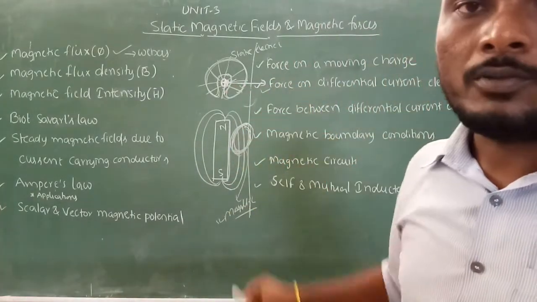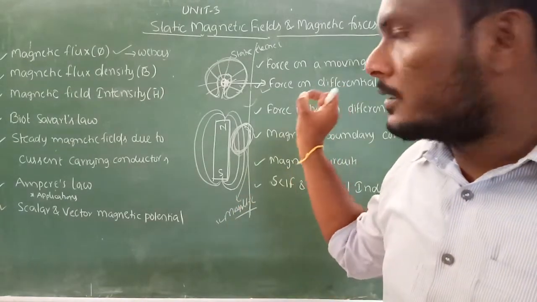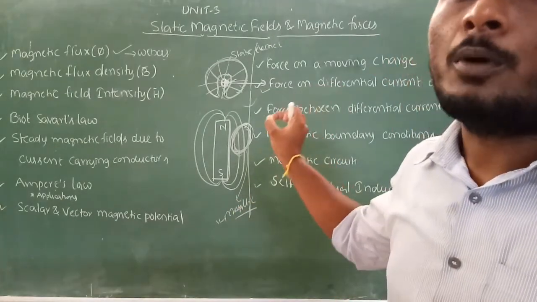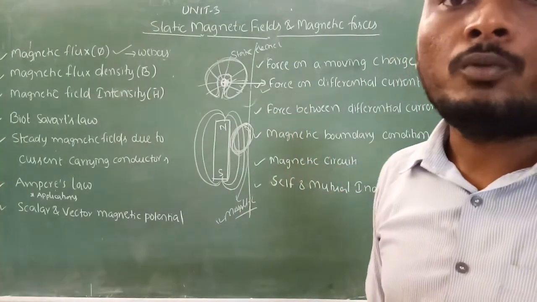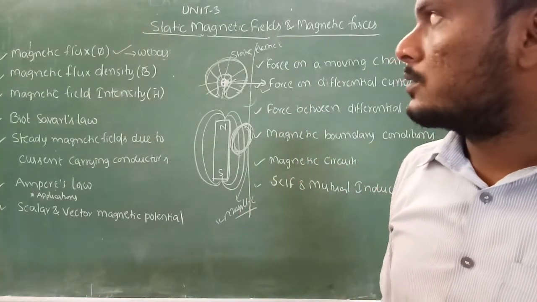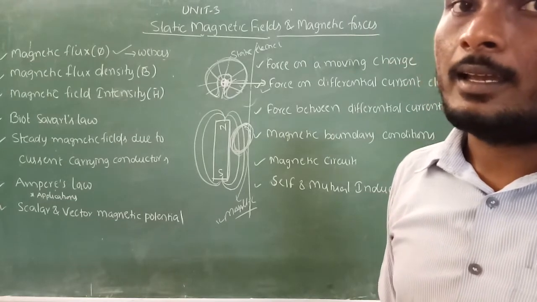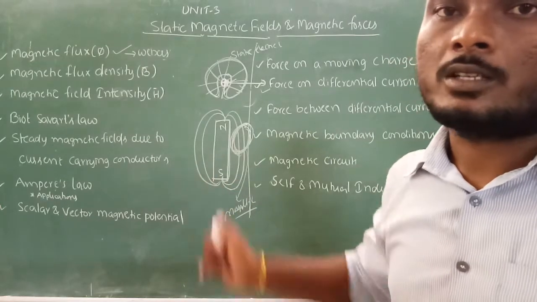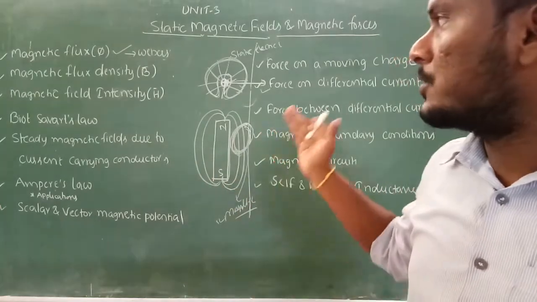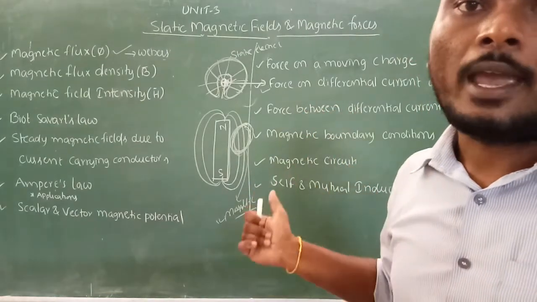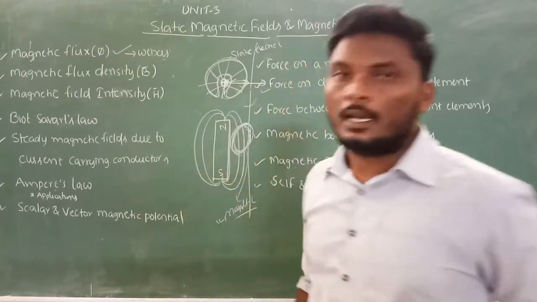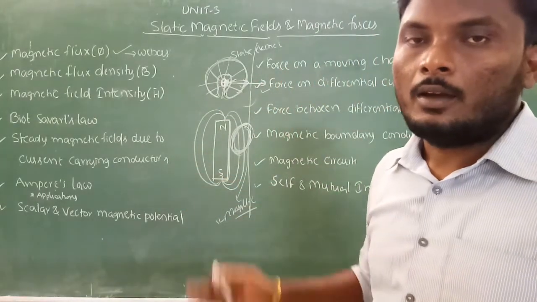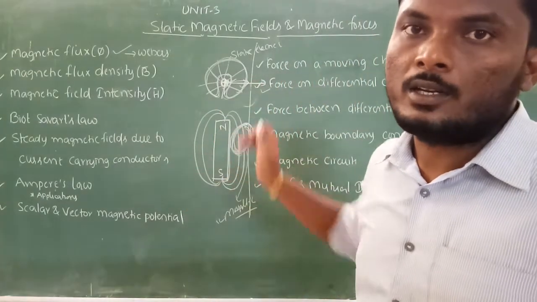What do you call this type of charge? As the charge is moving from one point to another point, the type of charge is called a moving charge. Now in electrical engineering there is a definition for the moving charge. What is the definition? Moving charge constitutes a current. So moving charge produces what? Current. Flow of charge is called current.